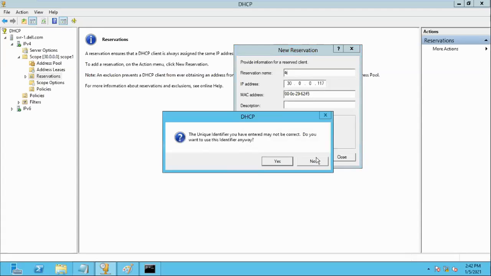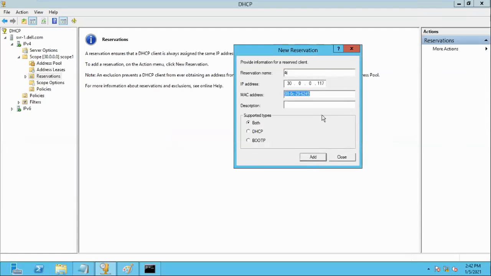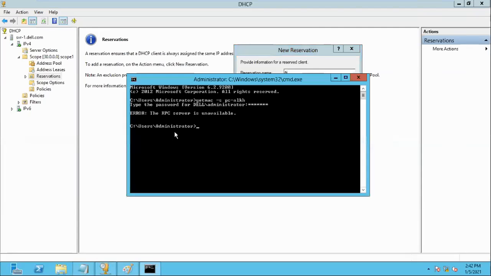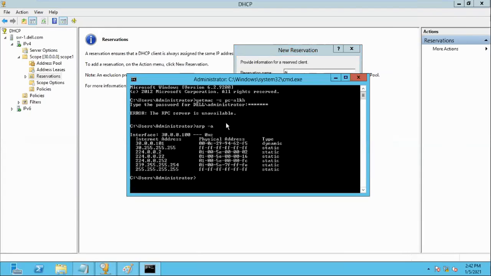The unique identifier you have entered may not be correct. Do you want to? Or else can we copy paste that here? Can we mark and paste? So 00, this is right?